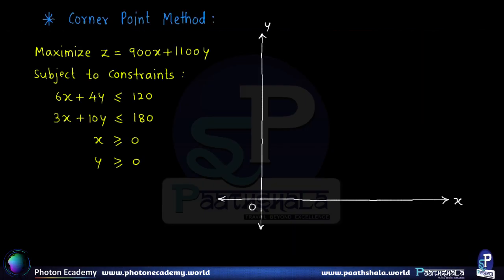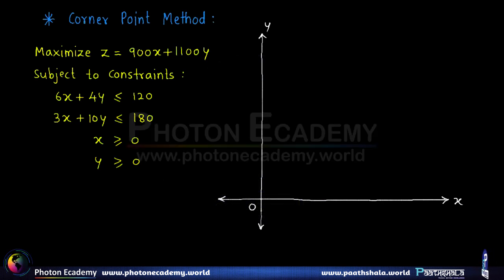Now here we move ahead with the corner point method. The first step is we have to plot the feasible region, right? I have written here the formulated LPP that we did earlier. So we have to maximize the objective function z subject to the constraints given here, right? Now to begin with, we have to plot all the constraint lines one by one, and we are familiar how